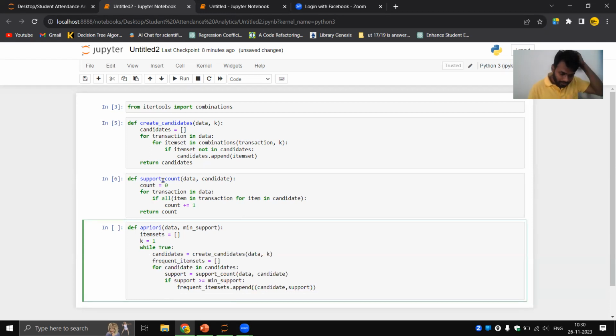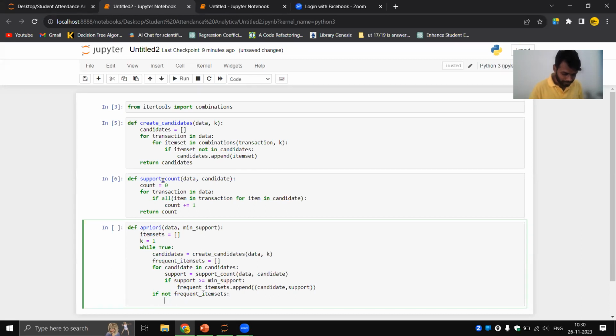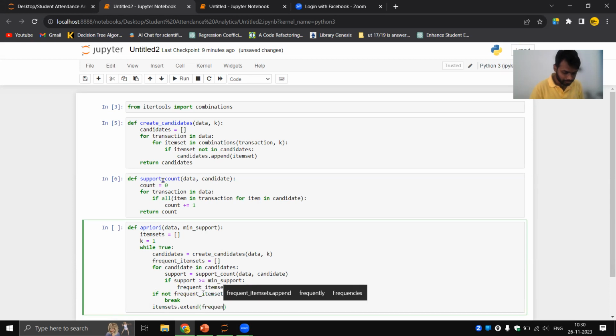Next, if not frequent item sets, then we have to break. Item sets dot extend frequent item sets.